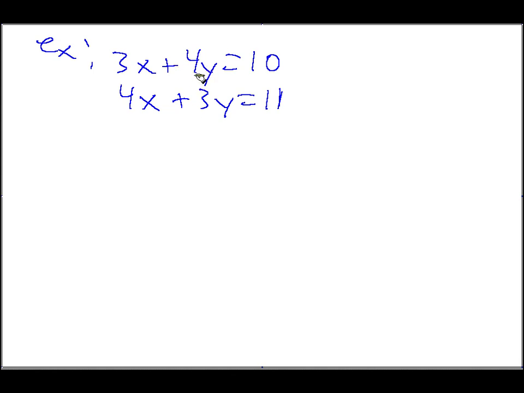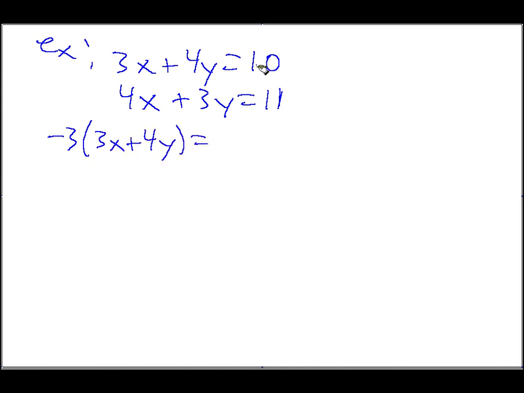So I want to get negative 12 from positive 4. How can I do that? Well, I'm going to multiply both sides by what? By negative 3, right? Because positive 4 times negative 3 will give me the negative 12, as you can see that. So for the first equation, I multiply both sides by what? Negative 3. So negative 3 times the entire left side. So make sure you put in parentheses here because we have two terms here. 3x plus 4y